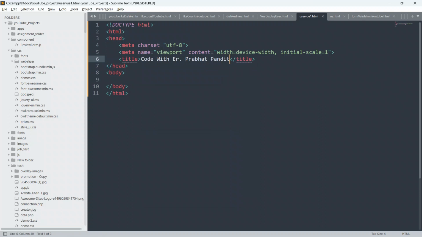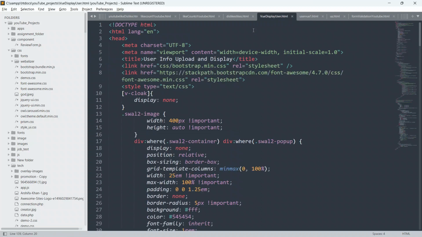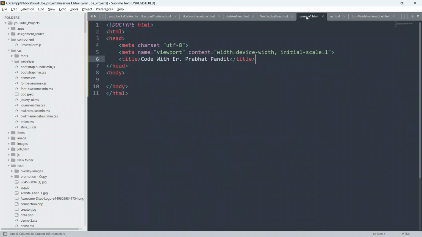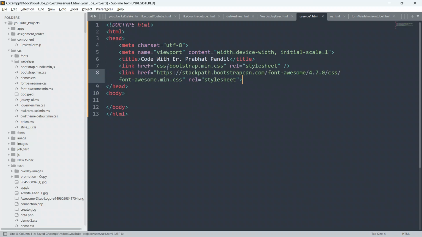Okay, so guys, now I would like to paste some of the CDN links from the previous example just to save our time. Let me go to the previous example first and copy these CDN links from here, then go to the code and paste them here. As you can see, this is the CSS file for Bootstrap, and it is inside the CSS folder. I have got the file as bootstrap.min.css, and this is the CDN link for Font Awesome, fontawesome.min.css.